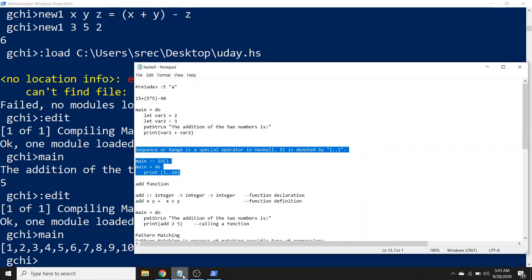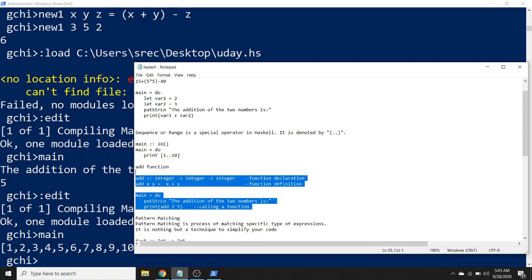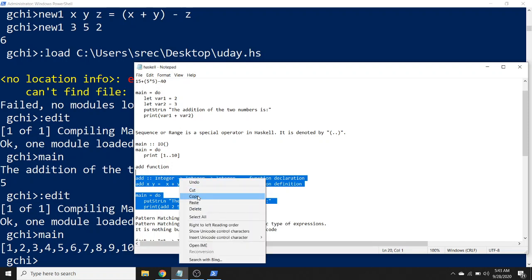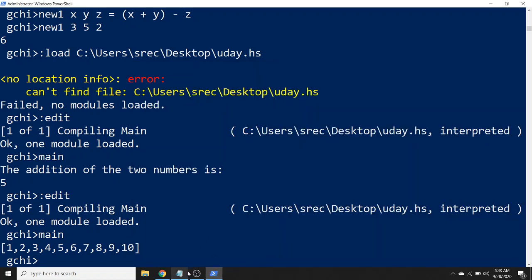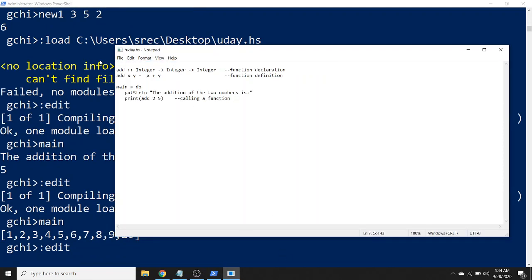Next, I'm going to show another demo. So in this code, we have a special function called add, right? With two arguments and one return type, right?